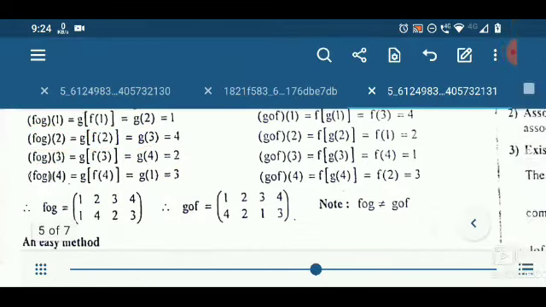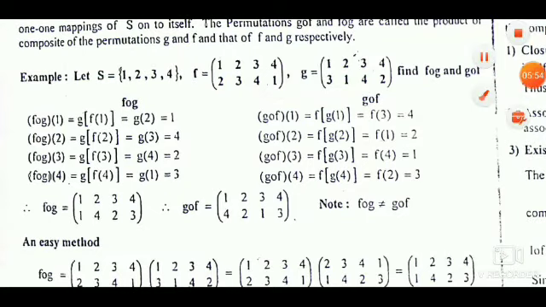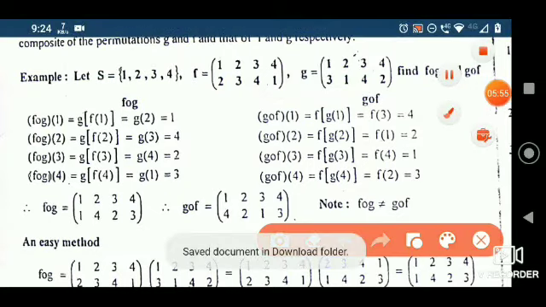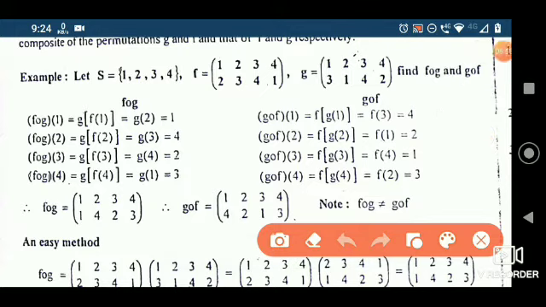What happens here? g composite f. So first g goes inside. The first point is 1, where g takes 1 to 3. Then 3 comes here, f takes 3 to 4, so 4 is the answer.